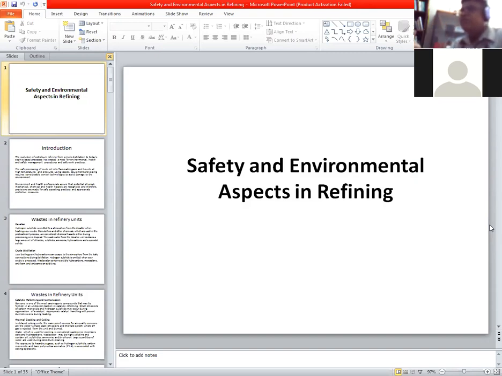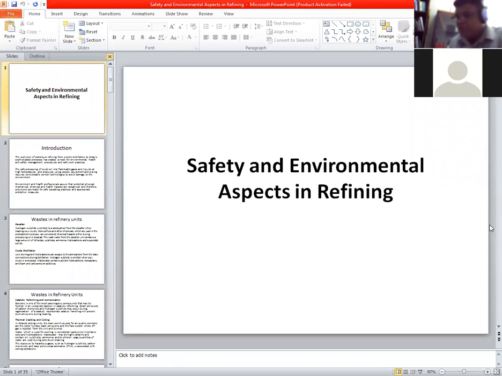Carbon dioxide, as I told, and carbon monoxide also, due to combustion. In a refinery, there are a lot of combustion activities carried on, especially for catalytic conversion processes, because in those processes we are using catalyst. On the surface of the catalyst, coke deposition is there. For burning this coke, we are using air. Meaning that hydrocarbon reacts with air, combustion occurs, and produces carbon dioxide. So global warming is occurring due to that.